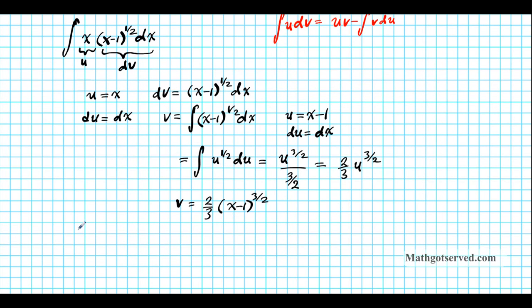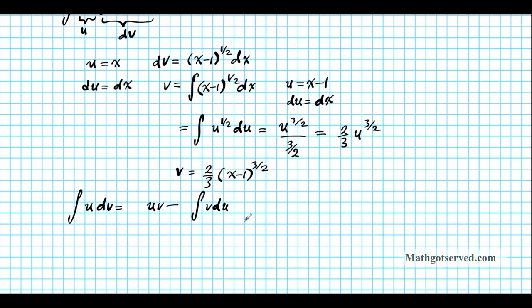So let's rewrite the integration by parts formula again. The integral of u dv equals uv minus the integral of v du. Alright, so let's rewrite the problem. The original problem was the integral of x times the square root of x minus 1 dx is equal to